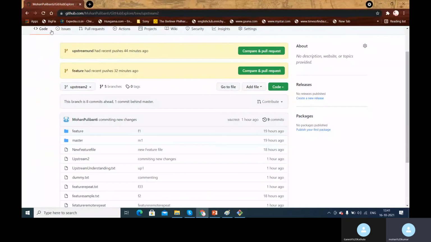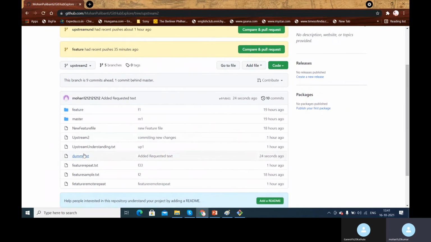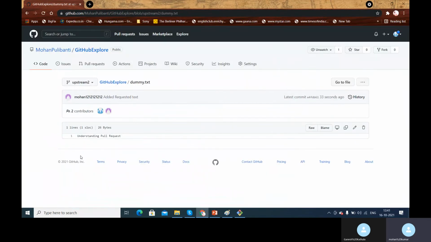So if I go back here and just refresh the page, now what happens is, what is that? Why is there no pull request? So we added this text.